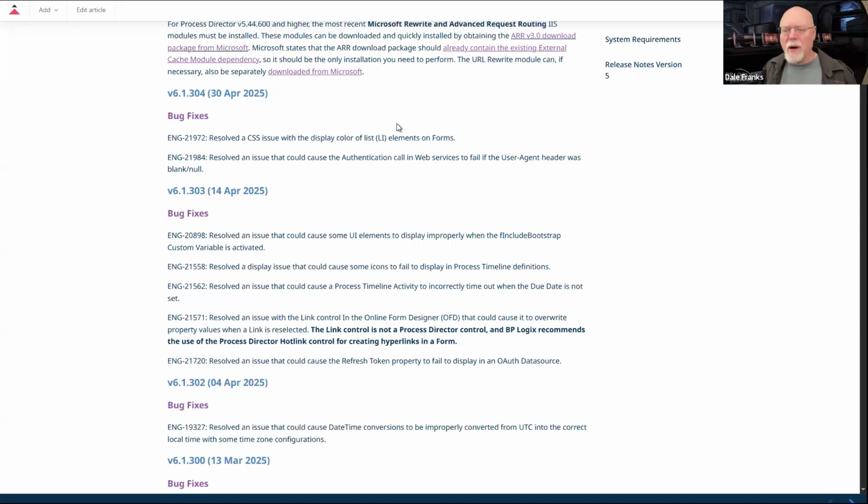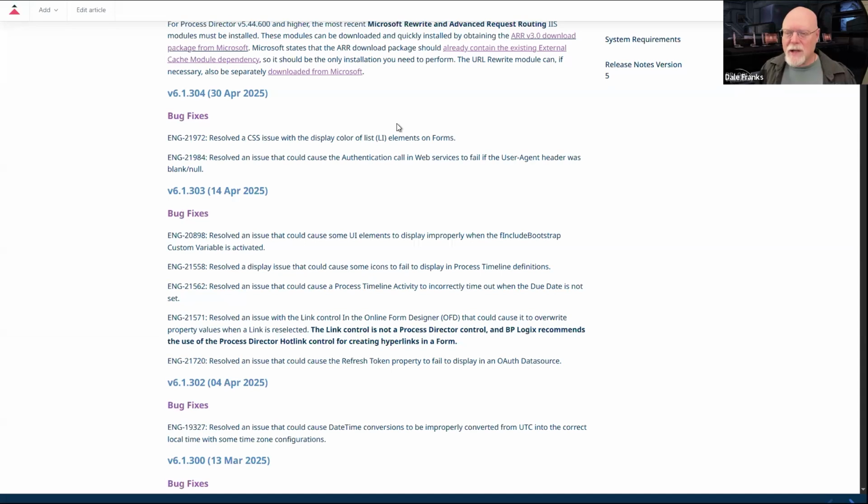Another weird one was if you're using web services and you made a web services call and the user agent header was blank or null on the SOAP call that you made to the web service, then authentication would fail, which is really kind of highly particular because usually the user agent header is not blank or null, but apparently sometimes it is.